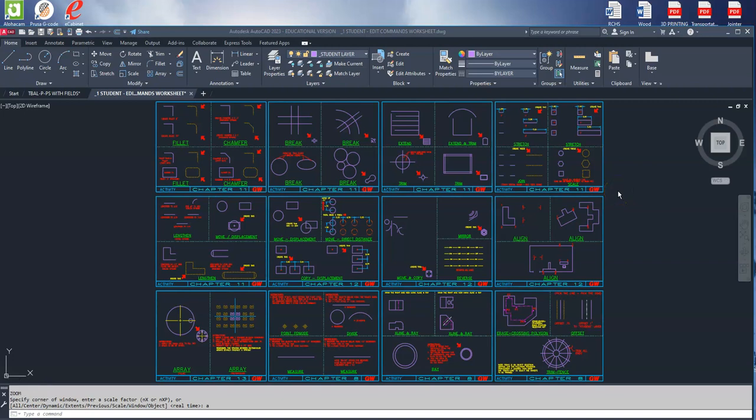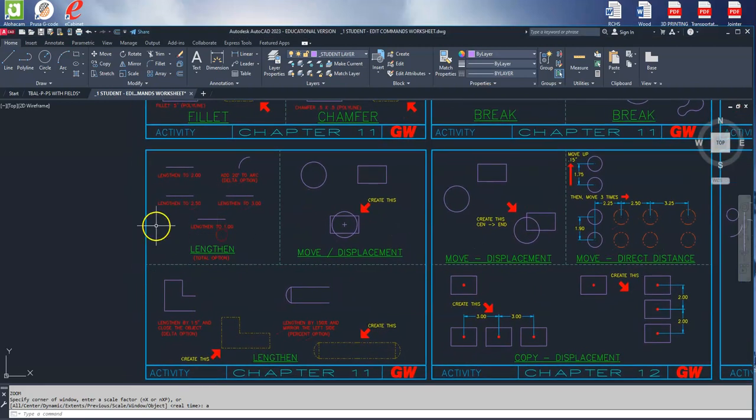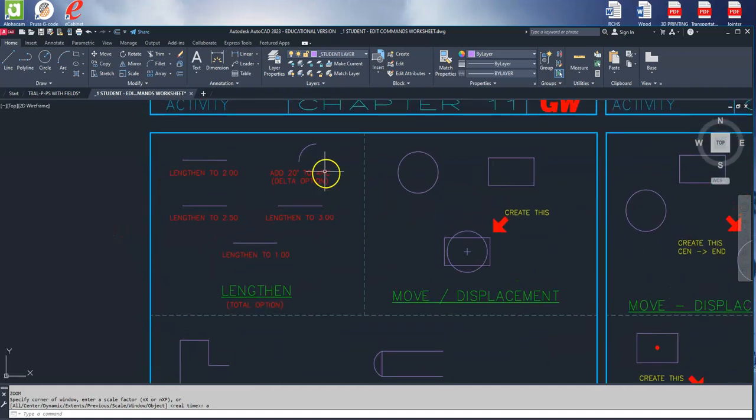In this video, we're going to demonstrate how to use the lengthen command. And of course, we are in the Student Edit Commands worksheet. We're going to be working in this area right here. And so, let's go to this top part of the lengthen command. And let's type in lengthen,